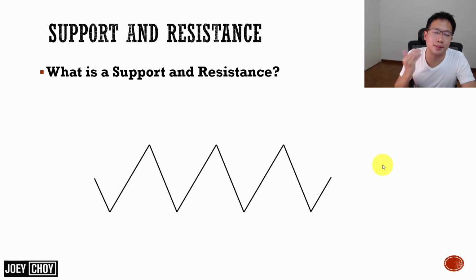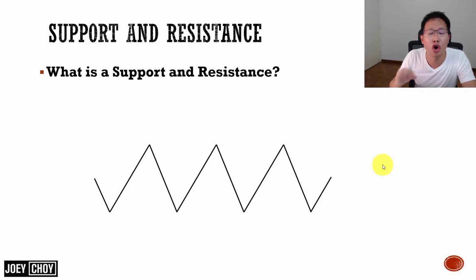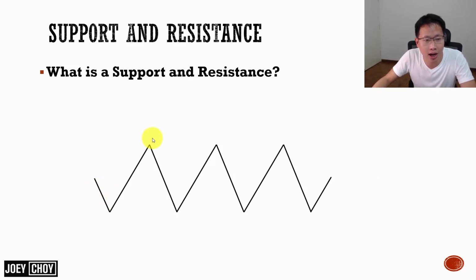So what exactly is a support and resistance? Basically, these are horizontal lines that we draw based on the charts or based on the stock price that forms. Most of the time, the market or the particular stock will be in what we call a consolidation phase. That means they're moving sideways, like this diagram. Right over here, you can see prices moving down, up, and this is what we call the consolidation phase. Based on this consolidation phase, we can draw the support and resistance lines,